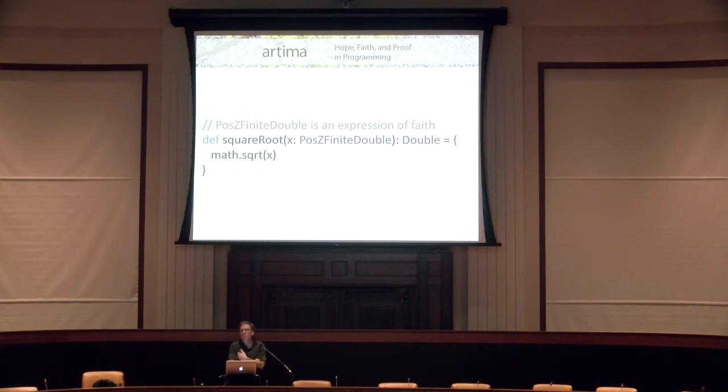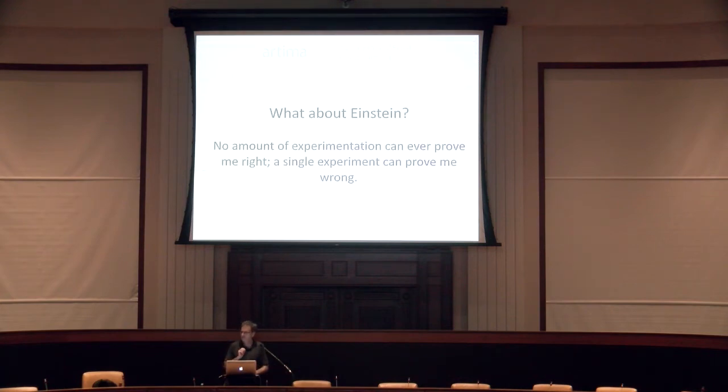What we do is not so much like mathematical proofs as science. I think what we do is more like the scientific method, where Einstein has been quoted as saying this, and it's not clear he actually said it, but it's a good quote. He said, no amount of experimentation can ever prove me right; a single experiment can prove me wrong, right? That's the idea of science: you come up with a theory and you don't just take it on faith. You come up with an experiment that can disprove it, and then you think of other experiments, and multiple people try to repeat them. That's the process, right?